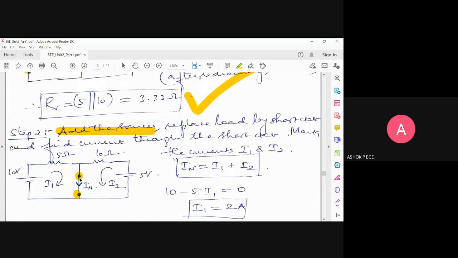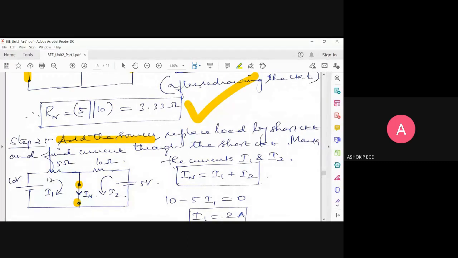You can see two loops here, so I'm going to use a simple KVL to find out IN. I'm assuming, see, from 10 volt, current will be flowing like this. From 5 volt, current will be flowing like this. So I assume one current is clockwise, one current is anti-clockwise. It is not a hard and fast rule that you should assume current only in the direction I have assumed. You can assume it anyway, but logically, if you assume it correctly, you will not get negative current answers. You can avoid confusion there. So I have assumed current in loop 1, I1, is flowing in clockwise direction, and current in loop 2, I2, is flowing in anti-clockwise direction.